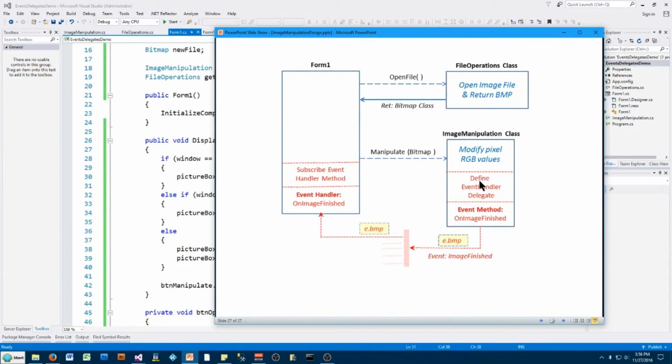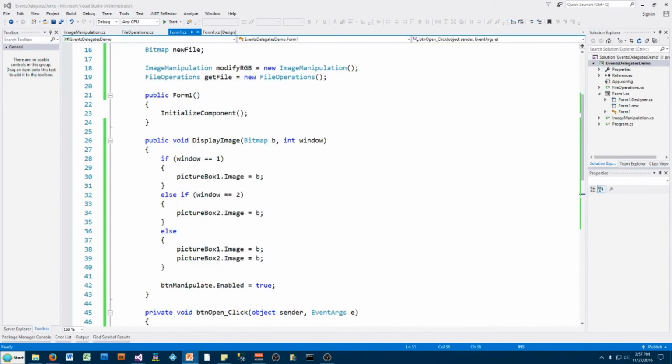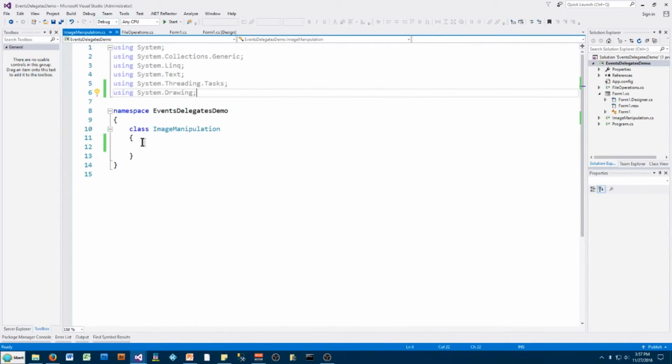It will do its stuff, and then when it's done, it will send out the event. But it also has to define the event handler delegate, and also have a method inside that will publish that event. So let's go look at the image manipulation class and start deciding what it needs to